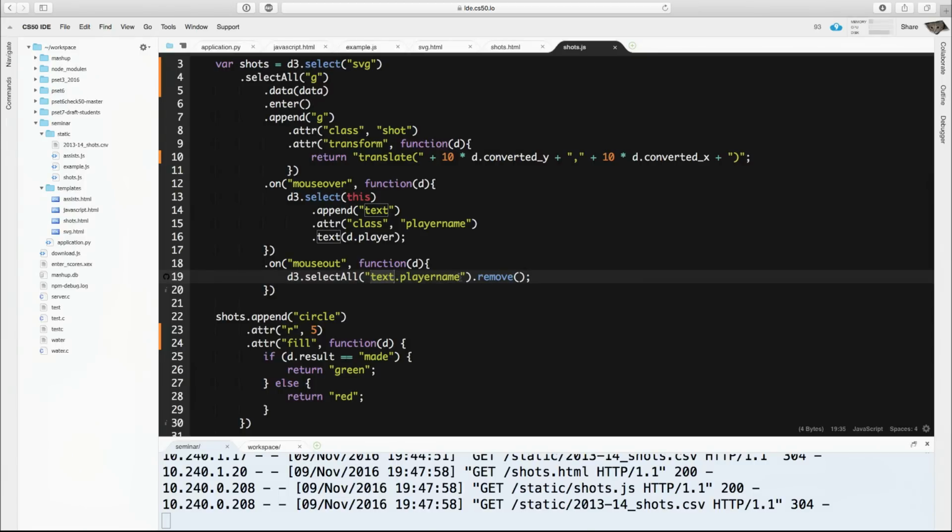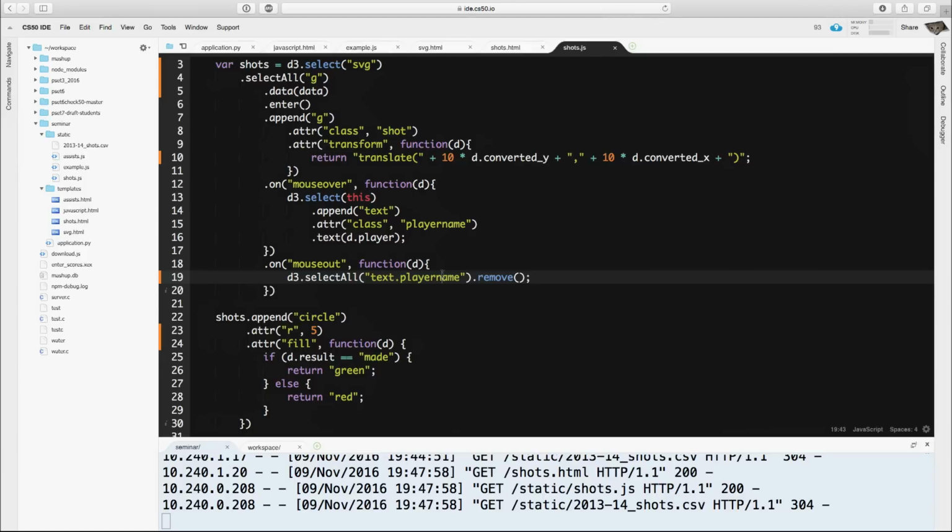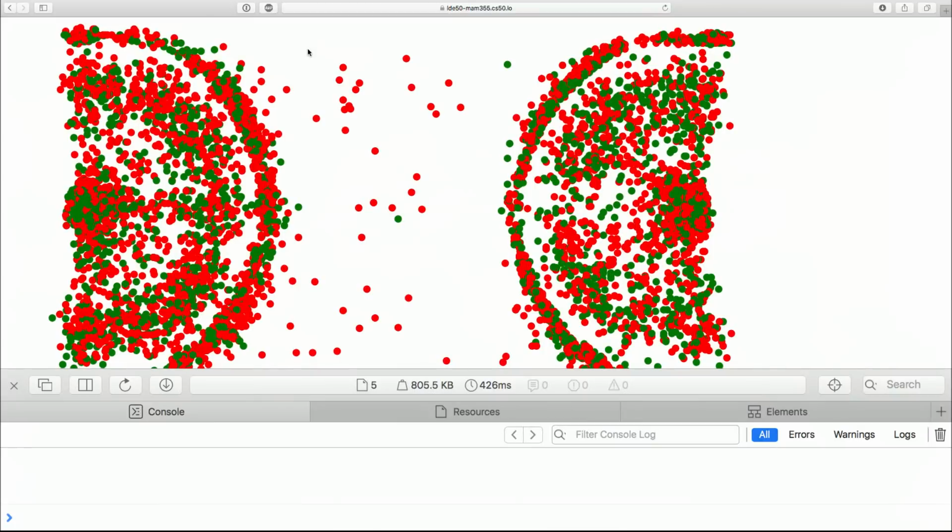Here we wouldn't even need text. We can just do everything with the class player name. And we could actually even do everything with just the tag text. However, probably the best practice is to be as specific as possible, because we may want to add other sorts of text onto our visualization later that we don't want to delete every time we move off a node. So now that we've added this, let's go back and reload our visualization and see what happens as we move around. And now we can indeed see that once we move off a node,